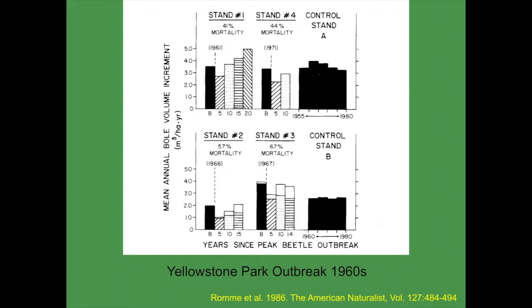Then we went and studied the flathead, and we found pretty much the same thing. So the dark bars over here are undisturbed pine stands that didn't get hit by mountain pine beetle. I think the bar over here is the basal area pre-beetle, and then this bar is right after the beetle, and then this is the recovery. These are just a couple different stands and different beetle epidemics. But anyhow,